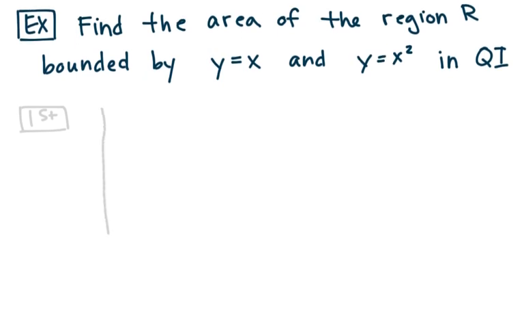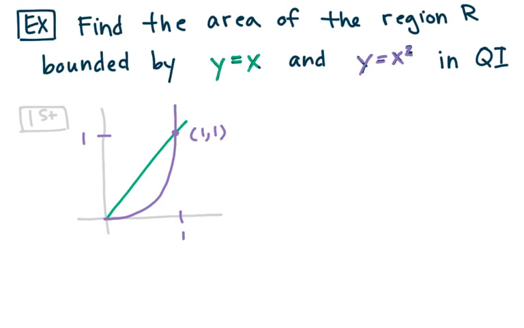So the line y equals x, that's the identity, that's a diagonal line, and we're only going to draw it in the first quadrant since that's been specified. And then we've got the line y equals x squared, which gives us a parabola. And we will find that these two intersect at (1, 1). That's my ordered pair there. So we want to find the area